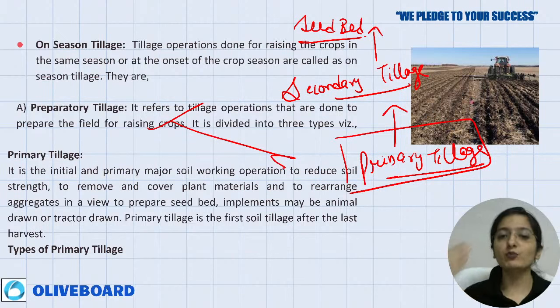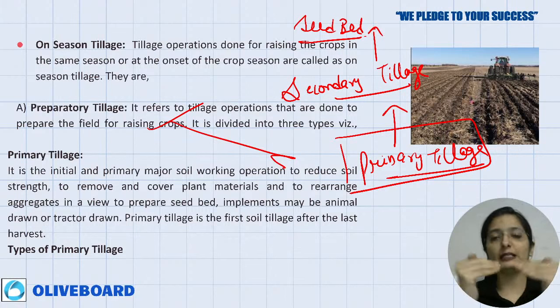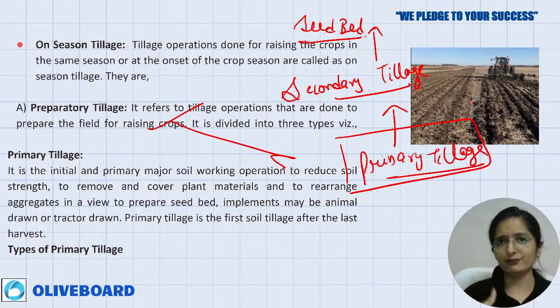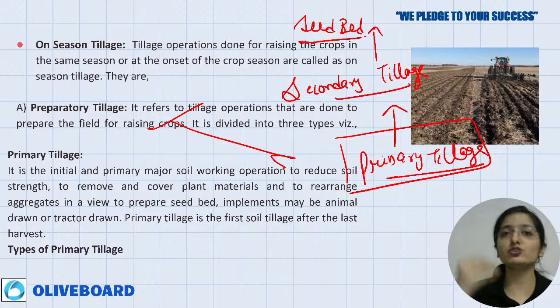You will remove the plant materials, the cover plant materials, you will rearrange once again, you will prepare the bed, you will have a view in it, you will basically work upon it. So आपका initial, when you are at an initial stage, when you want to manipulate, or you want to go with that reversal, so as to increase your soil strength, तो जो आपका first step होता है, your first soil tillage that you are doing with ploughing, that is your primary tillage.